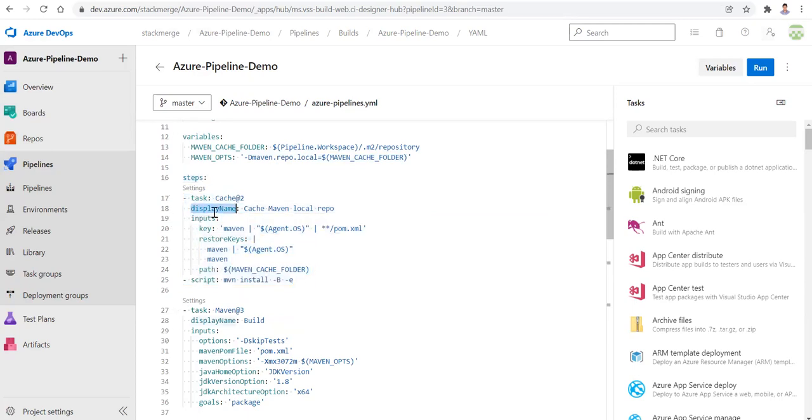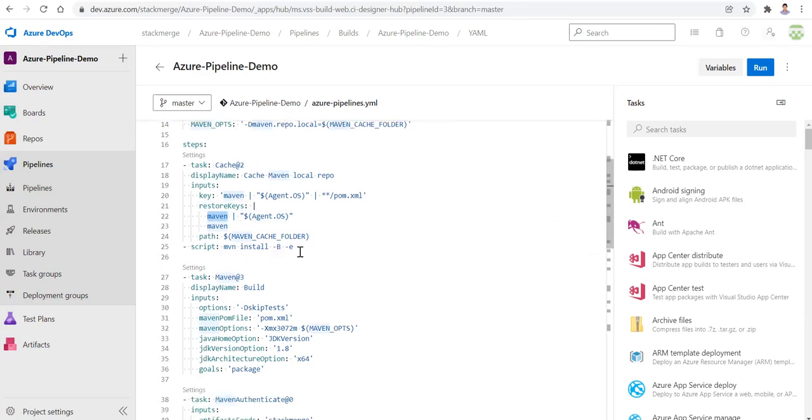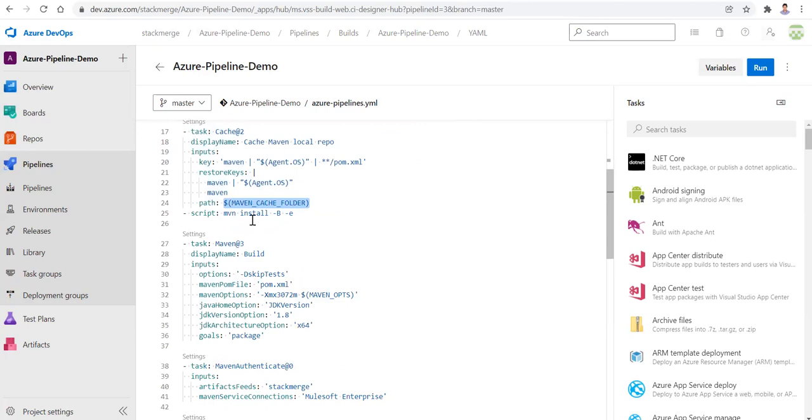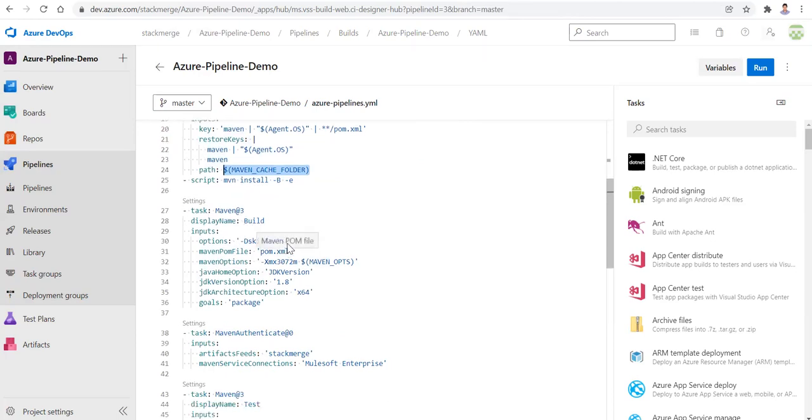I gave a display name here, cache Maven local repo, and this is my restore keys. Then I'll run the install script, which will install all the dependencies and cache them in this folder. After that, I'm building it. When we are building, I'm keeping just the build first because I have a separate task for test.